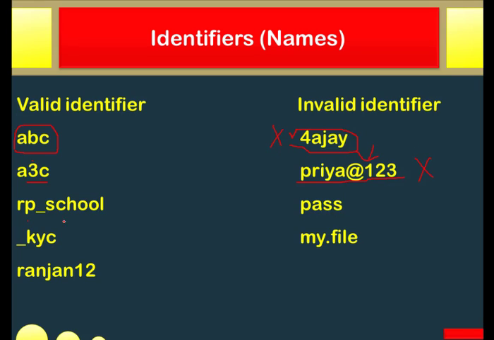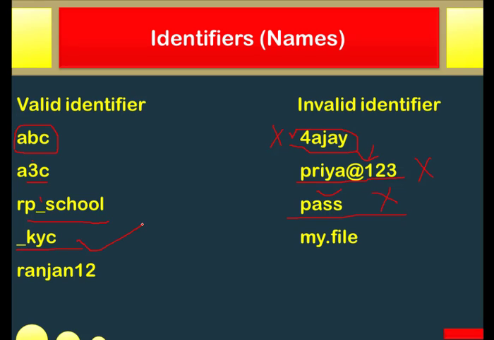Okay, RP_school, correct, because underscore can be used. Pass, why is it wrong? Because this is a keyword. This is a keyword, so it cannot be used. _KYC, it's correct. It's beginning with the underscore. We can have it because we say that you can begin your name or your identifier with either any letter or underscore.